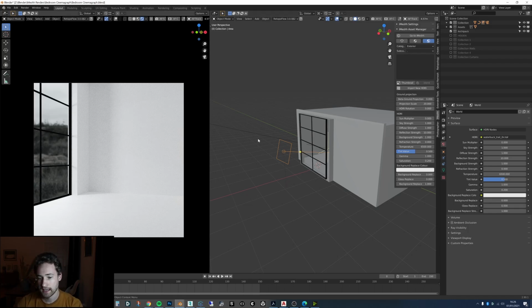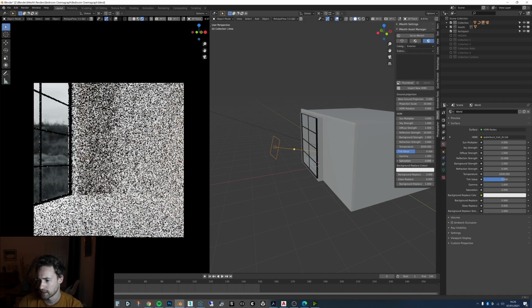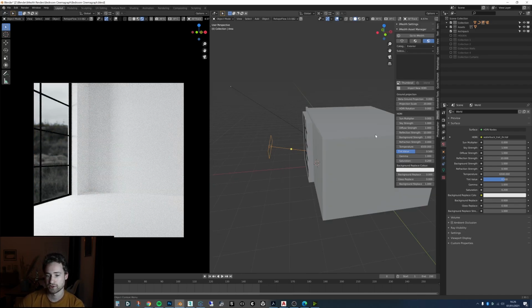And as you can see here, I did adjust some settings on the HDRI, so I reduced the saturation, because I think originally if I set that to 1 it was quite green and I didn't really want much color in this scene, so I turned that down. I also increased the reflection strength. The only real time you can see the HDRI in this animation is in the reflection of the mirror, so I just increased the strength of the reflection in that.